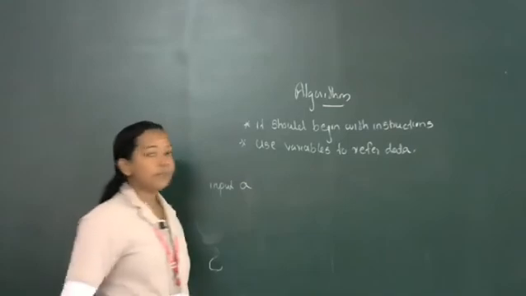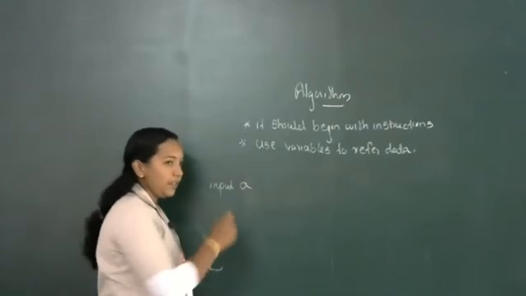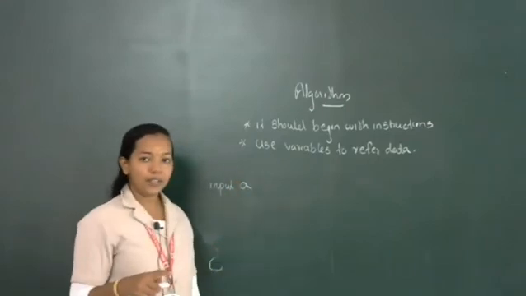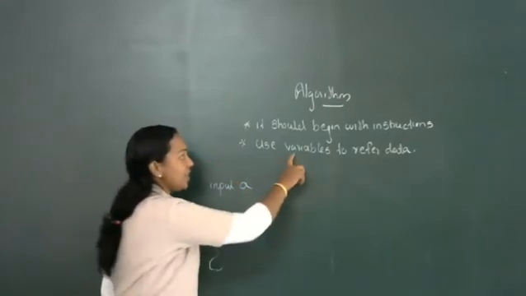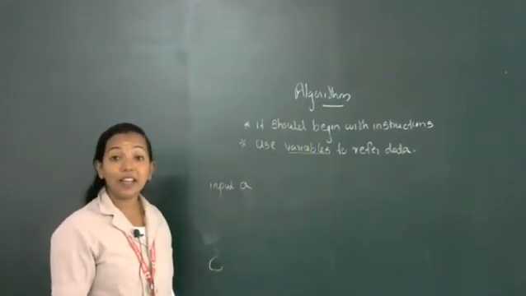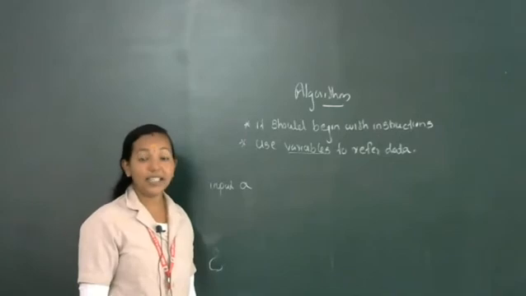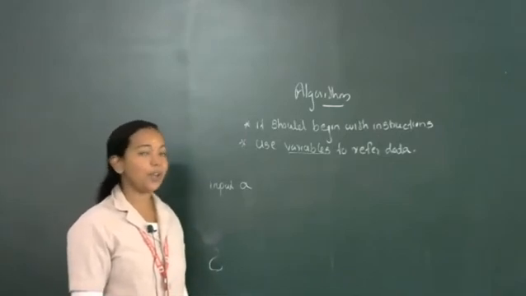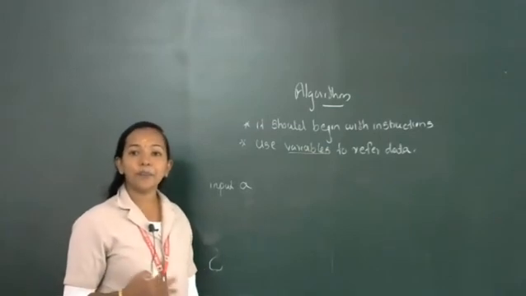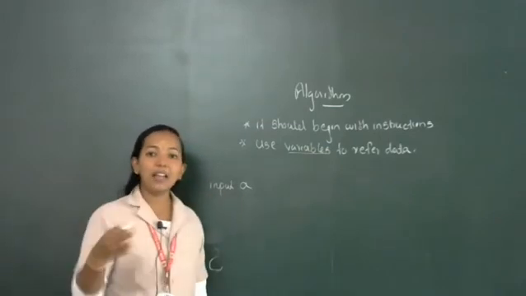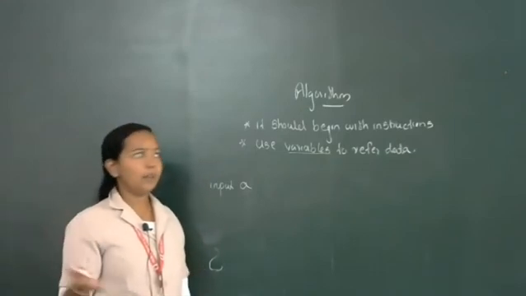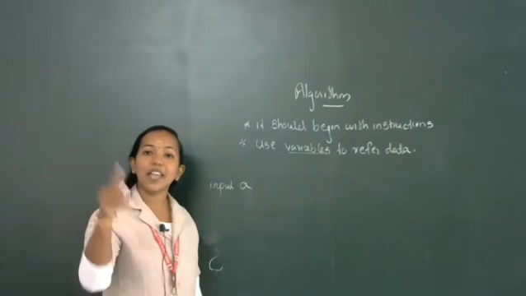If we write input A, input means we are inputting some value to the computer. Then what is this A? It is not an alphabet. It is treated as a variable. Variables are temporary storage devices. In programming we use the term variables. Actually, these are used to store values. So in this variable A we can store any number of values. Any number we can save. But in the previous example only 16 can be saved.